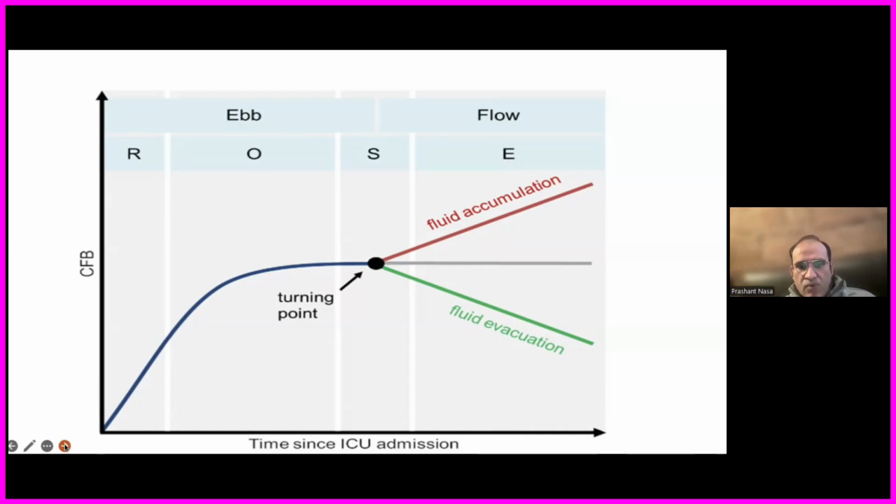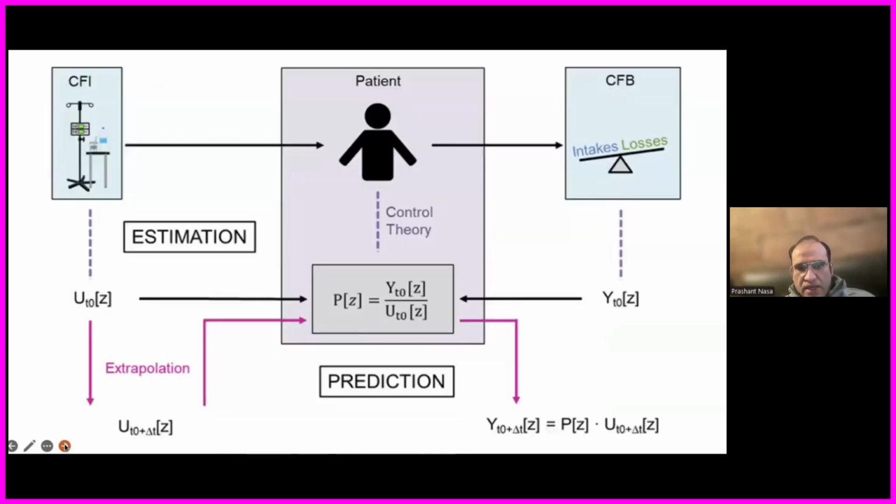But we don't know how we can predict which patients need fluid evacuation or should have de-escalation quite early. So this is where this machine learning model tries to estimate cumulative fluid intake, to predict the patients who will ultimately have a positive cumulative fluid balance, which is again an independent factor related to the outcome. So CFI, simply put, is the amount of intake which these patients have received. By computing these models, it is able to predict which patients will ultimately have fluid accumulation.